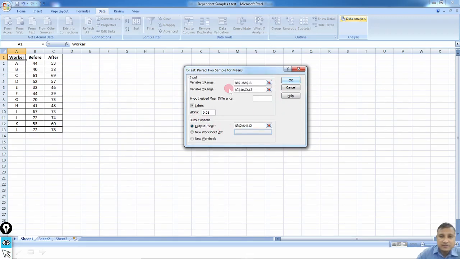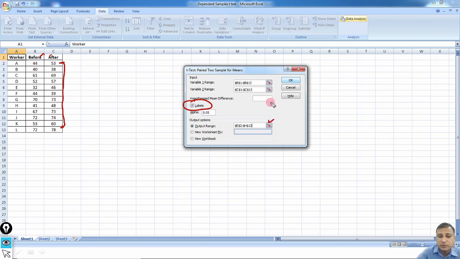Here, I selected the range including the first cell, so I click here on Labels. If you select the variable names too, you will have to click on Labels. If you are selecting only the numbers, the responses, then there is no need to click on Labels.